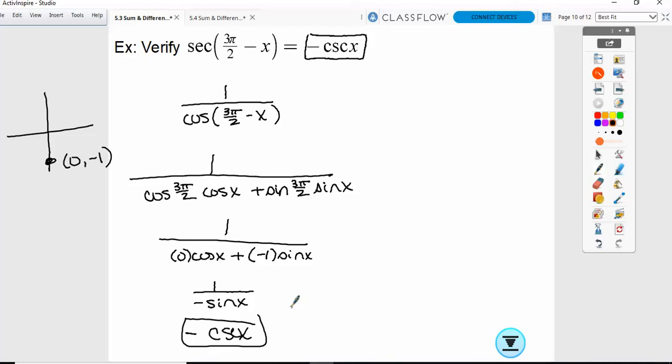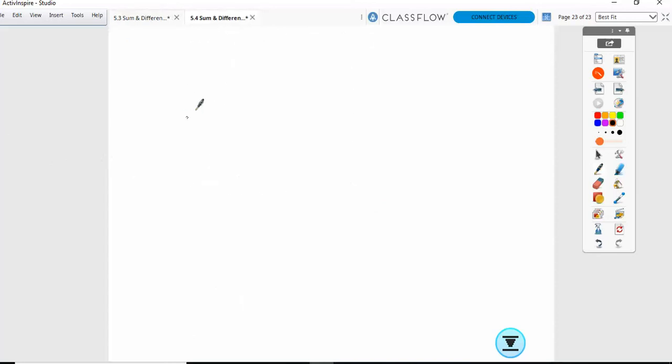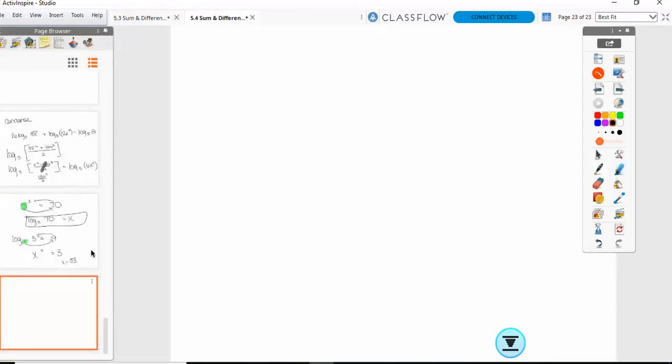This is really the end of section 5.3. What I would like to do, I'm going to go ahead and give you the formulas from 5.4. I just want you to write them down on your flip chart, and then tomorrow we'll use them. And then the homework from this section is just 9 problems, so then you'll have time to work on that, okay? So here are